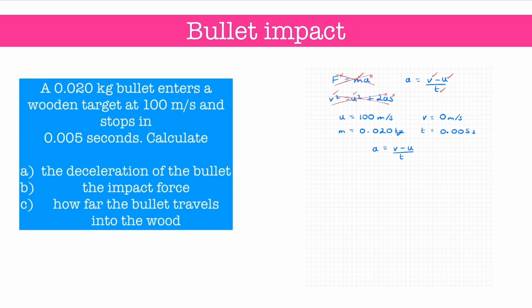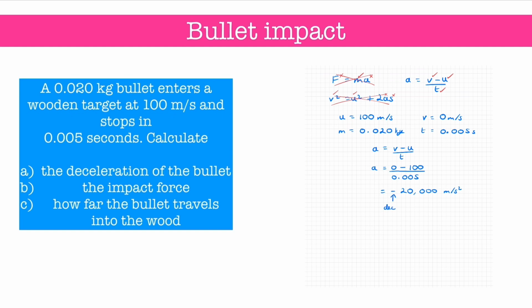We write the equation out and then substitute in our values. So v becomes 0, u becomes 100, and t becomes 0.005. Pop that into your calculator and you'll get the acceleration is equal to minus 20,000 metres per second squared. The minus sign is just there to tell you that the acceleration is actually a reduction in speed, so effectively